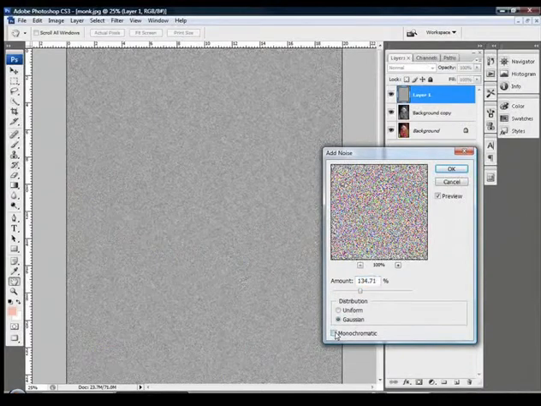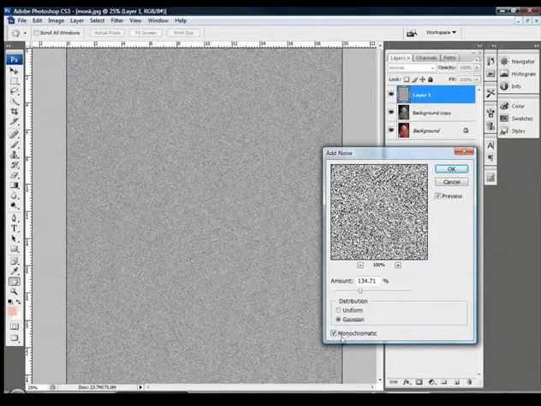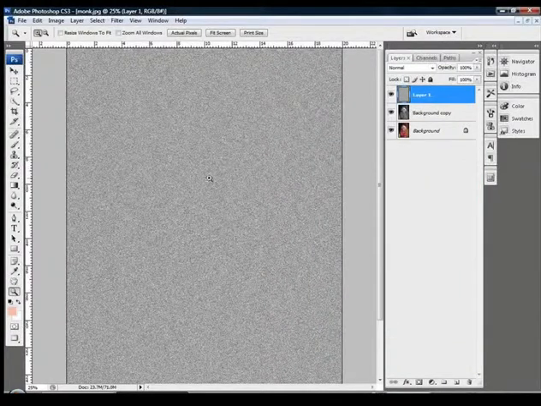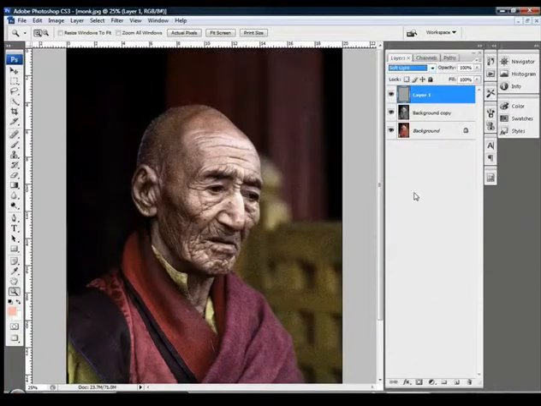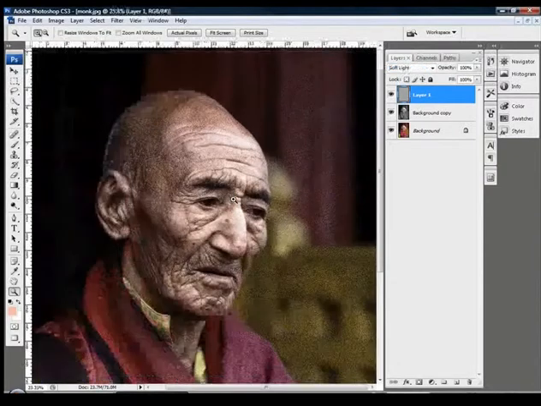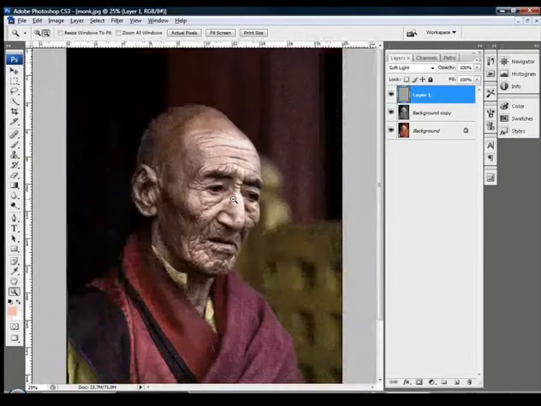Also remember, very important, we don't want to introduce any colour noise in here. Just make sure to check the monochromatic box, and we'll simply click OK to apply the noise to the image. Now obviously we want to see the layers below through this noise, so I'll simply set the blending mode for the noise layer to soft light, and we can see there we've got some nice grit and grain beginning to